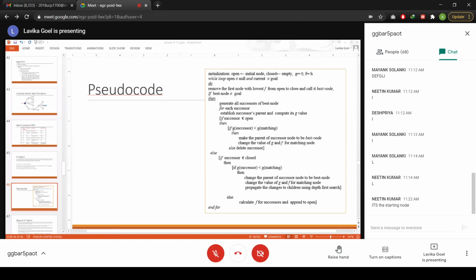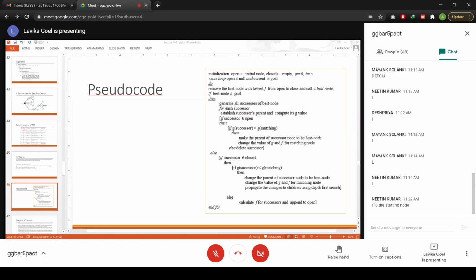So basically what you will do is you will have to update the cost values of the children also, because now you have reset the pointer. Suppose B node was there as an old node and B has got children also, right? So when you reset the pointer of B to the best node, now the path to B has changed.